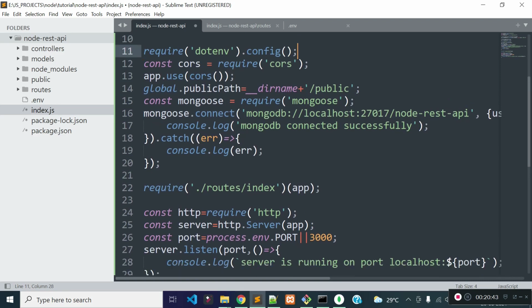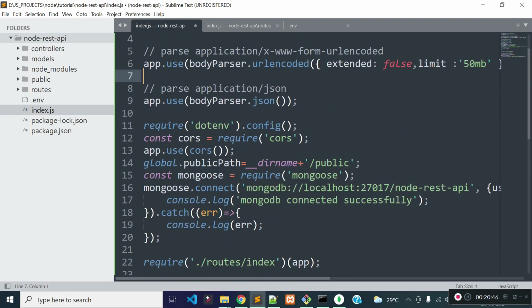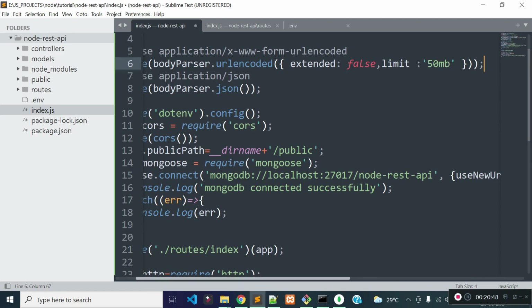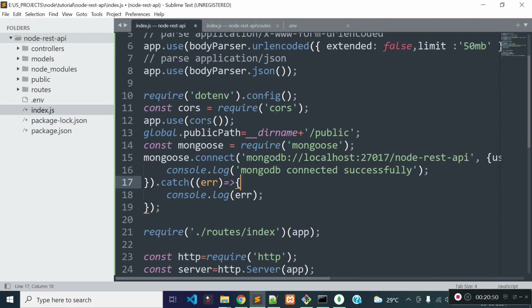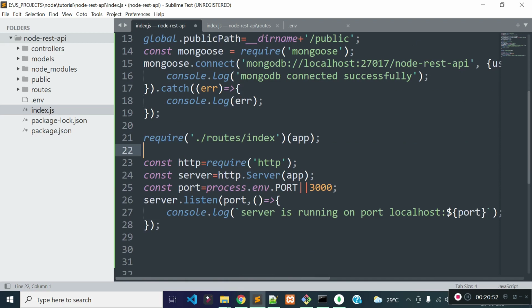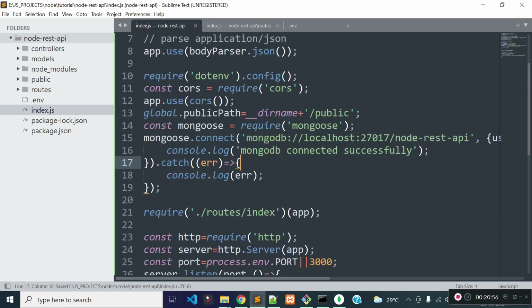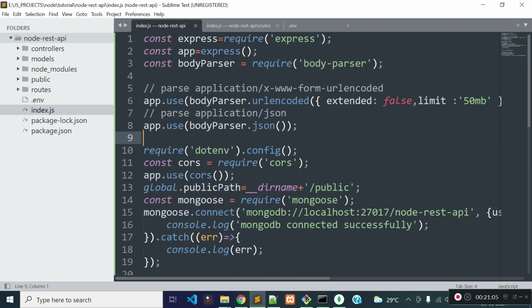So we already connected our MongoDB database and started our server, and let's check what we need to do now. I think we're good to go for our next phase, where we'll create the user registration API. So in the next lecture I'm going to create the user registration API so that you will learn how to create a Mongoose model and how to create controllers. So stay connected.